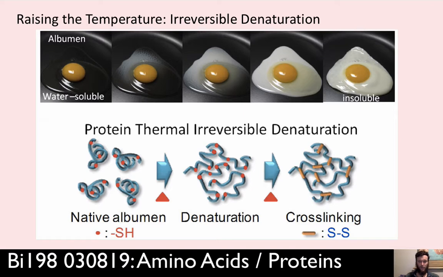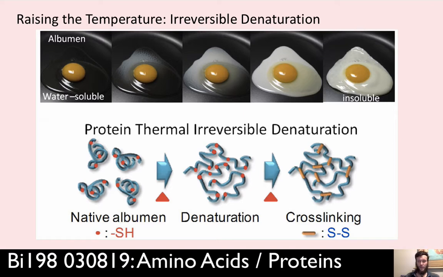It's going to tear the protein apart. Those SH groups that were buried down inside the body of the albumin proteins get exposed and are able to interact with one another and form these disulfide cross-linked bridges, these covalent bonds